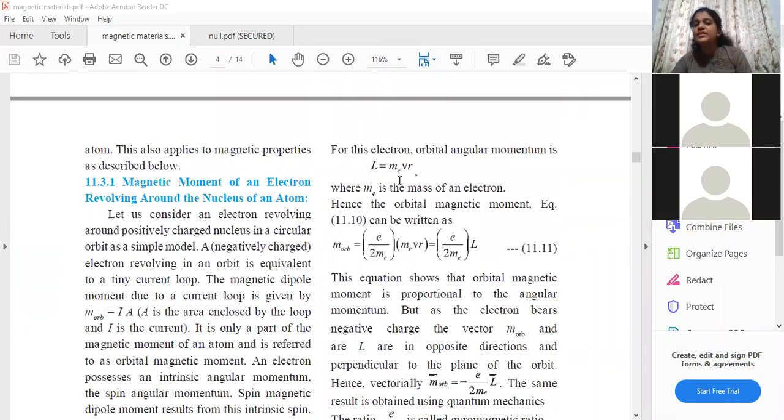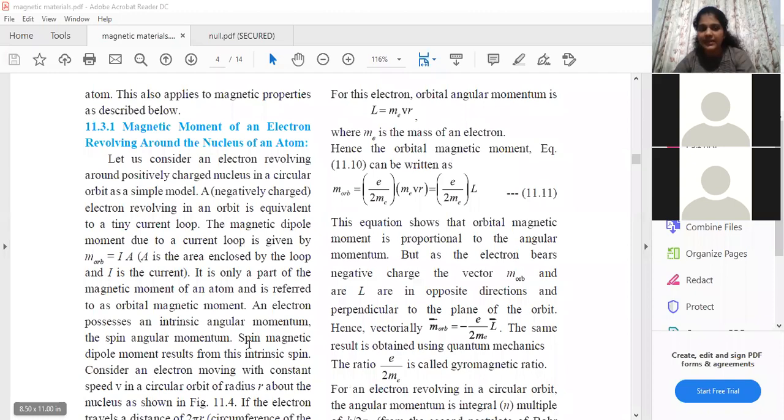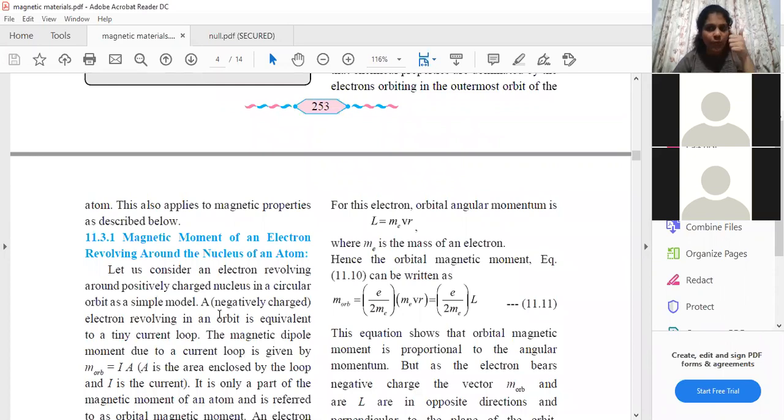All right. Now, students, here we have to involve angular momentum. We are not discussing spin angular momentum. See students, the spin angular momentum is because of the spin of the electrons. The plus half and the minus half spin of the electron will result in spin magnetic dipole moment. It was written over here, spin magnetic dipole moment. So as I mentioned, there are two types of angular momentum. One is spin and the other is orbital angular momentum.